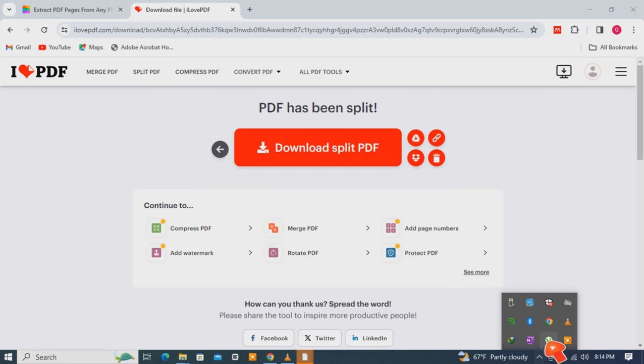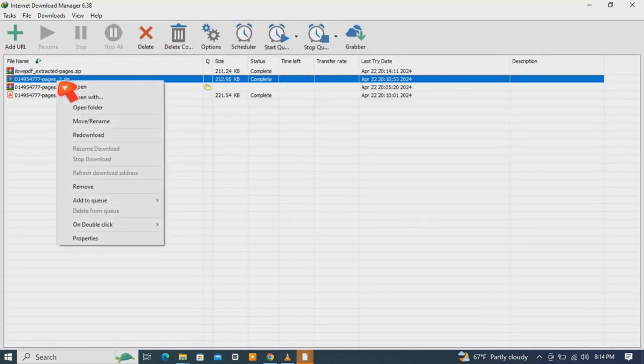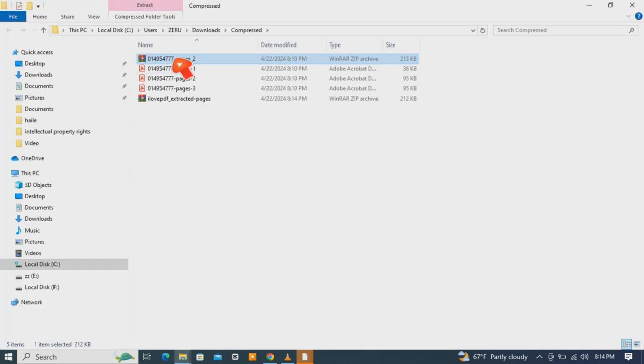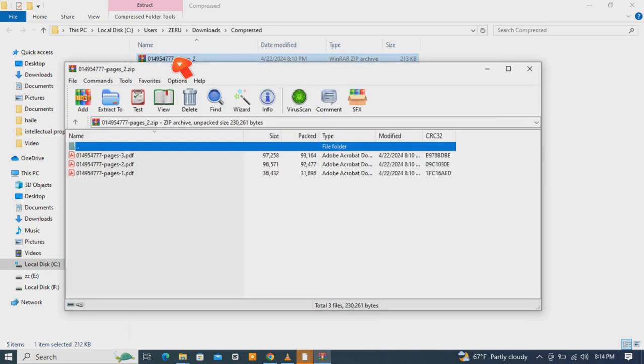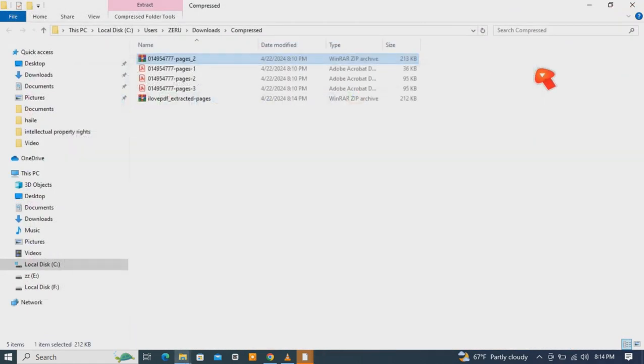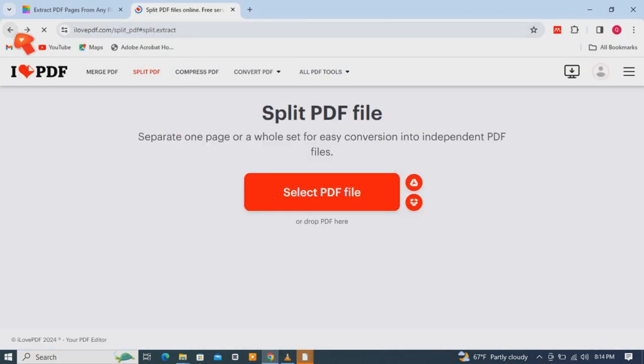So let me open the IDM. You see this is the file. Then let me open the folder. It is here. Then if I double click and open it, it will bring three different PDF files as it is shown here. But let us go back like this,